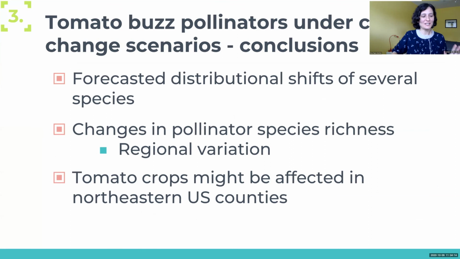Okay, so conclusions, because I have 1 minute left. We forecasted the potential distributional shifts of several species under several global circulation models and 2 emission scenarios. What we observed was regional variation in change in species richness. And we identified regions in which tomato production could possibly be affected by these regional shifts